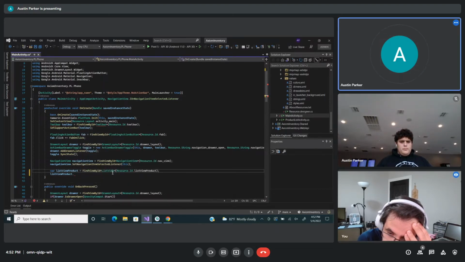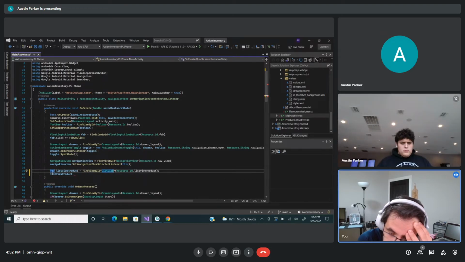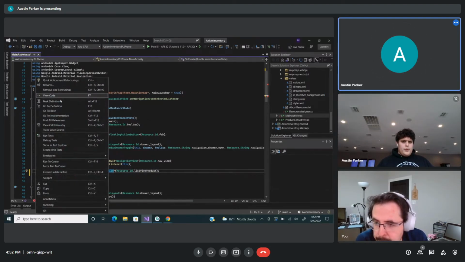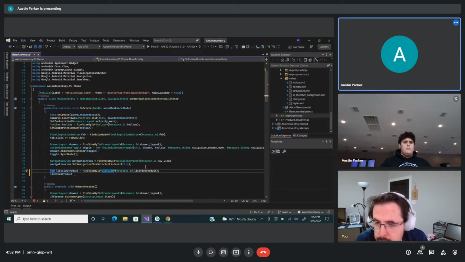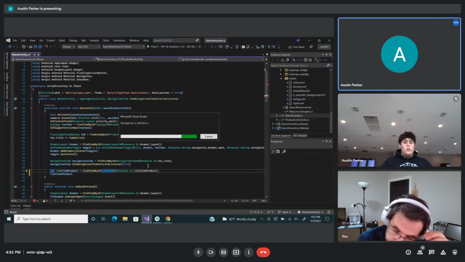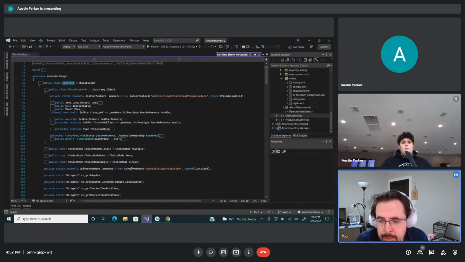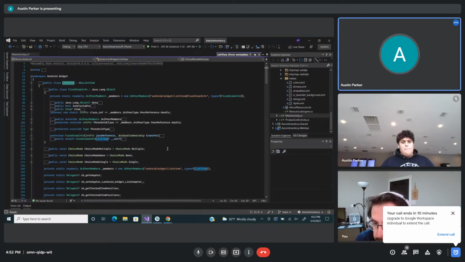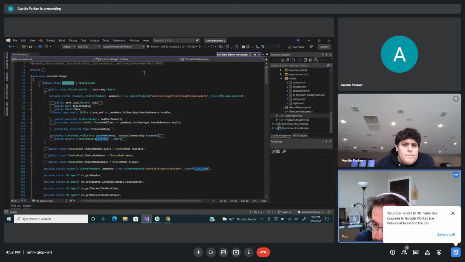Okay. Go to the definition of list view. Yep. So F12, or right click and say go to definition. Okay. Go to definition. No, it takes a little bit. It's probably downloading. Okay. So see that this thing implements abs list view? Yeah. Okay, so what we're looking for here